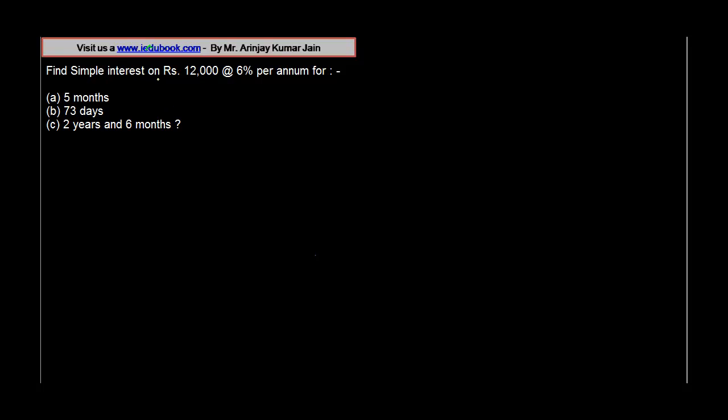Find simple interest on rupees 12,000 at 6% per annum for 5 months, 73 days, 2 years and 6 months. Now, simple interest basically means that, let's say for example,